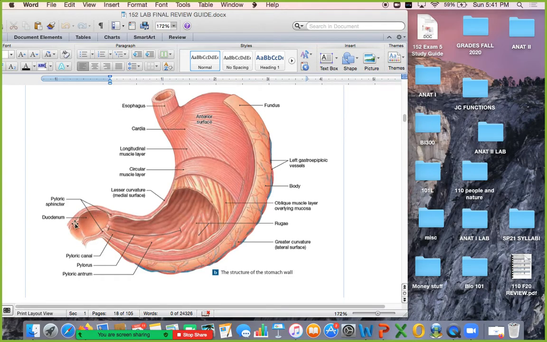So here's the duodenum, which is going to be the entry into the small intestines. And food's going to come in large, a bolus, for example, like many bites, an entire meal perhaps, is going to sit here and stretch all those, but only a small amount is going to come out. Right, we're going to lose about 1 to 2 tablespoons out here into the duodenum at a time,